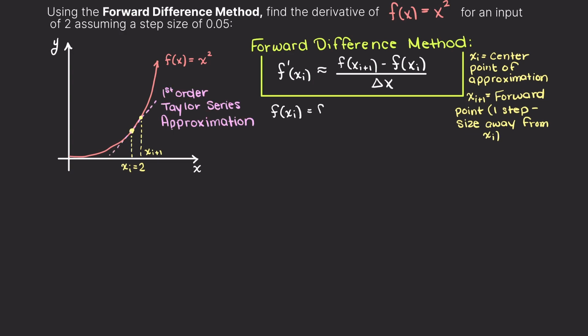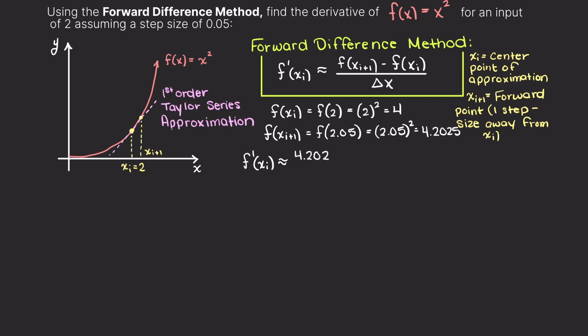Now, all we need to do is some evaluations of our function. Let's evaluate our function x squared at 2 and 2 plus our step size, which is 2.05. Now, plugging in all of our required variables, we receive that the derivative is approximately equal to 4.05 at an